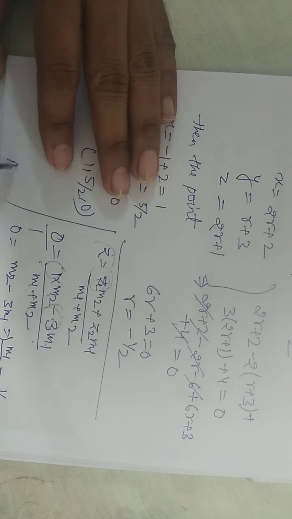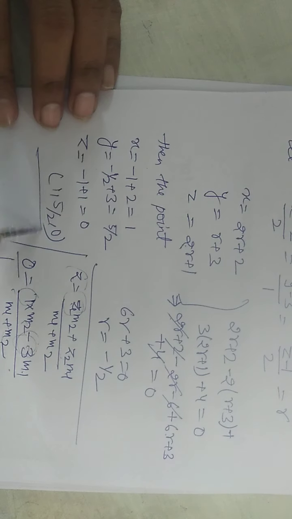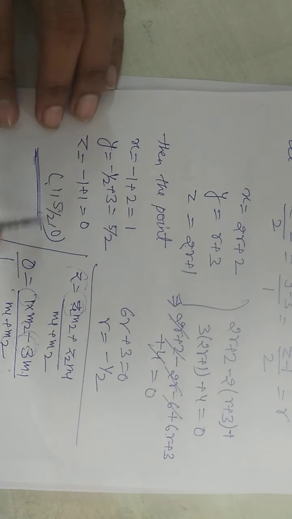The ratio is 1:3 and the intersect point is (1, 5/2, 0). And next question is